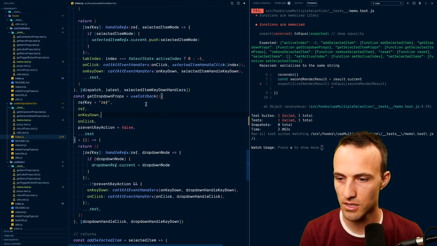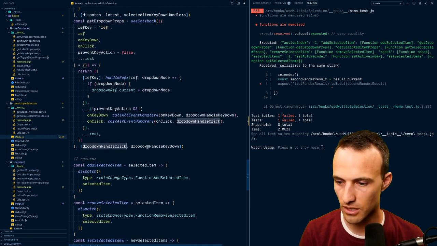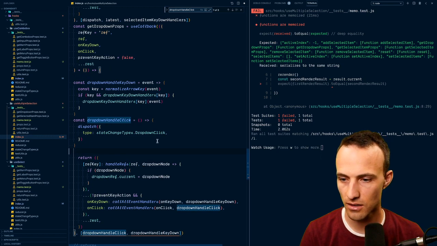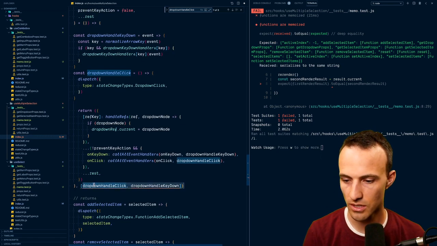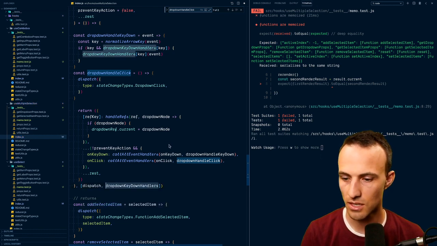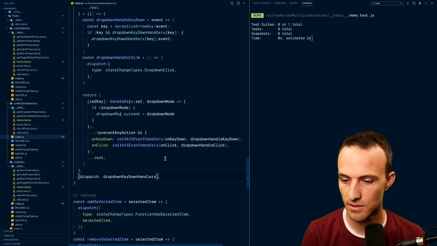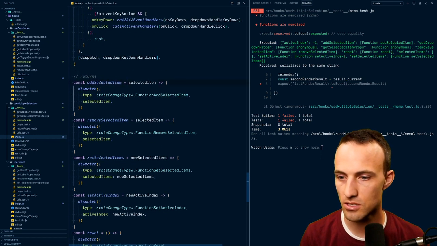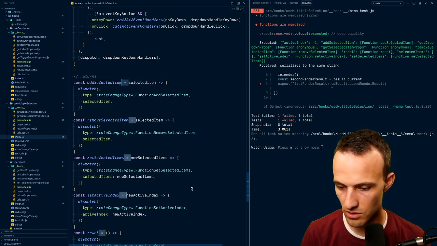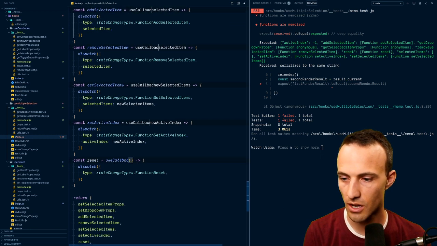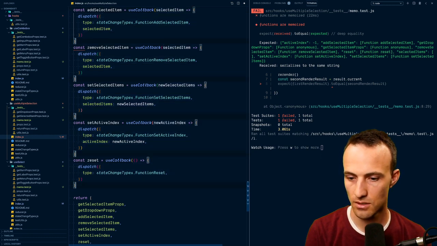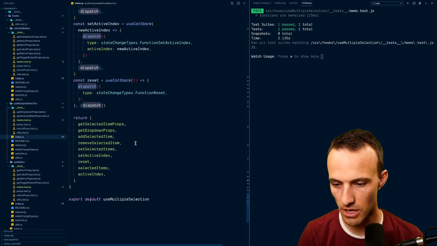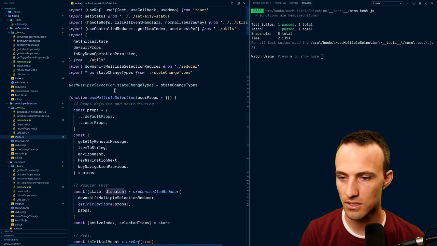Okay, cool. So, yeah, we've got the dropdown, handle click. All right, we need to move both of these event handlers into this. So let's do that right there. And then we don't need this anymore. And we can instead take both of those. This one is memoized. Yep, so we're good. Now we just have to update all of these actions. So I think we might be able to do some multiple cursor magic here. Use callback. Dispatch. Yeah. Nice. That's what I'm talking about. Very good. So we've memoized everything successfully, and now